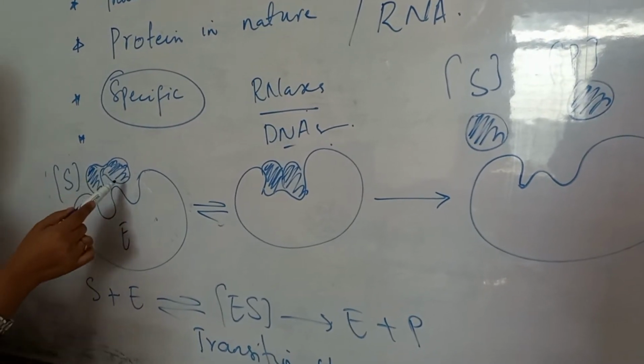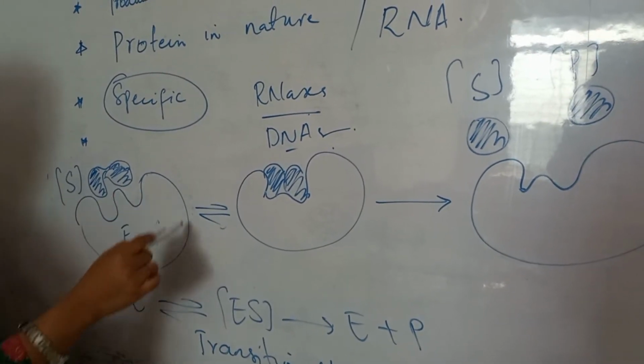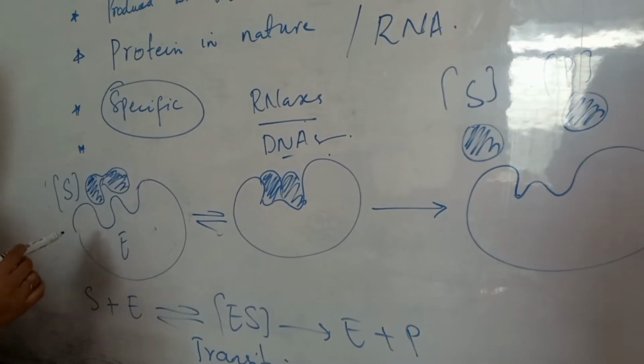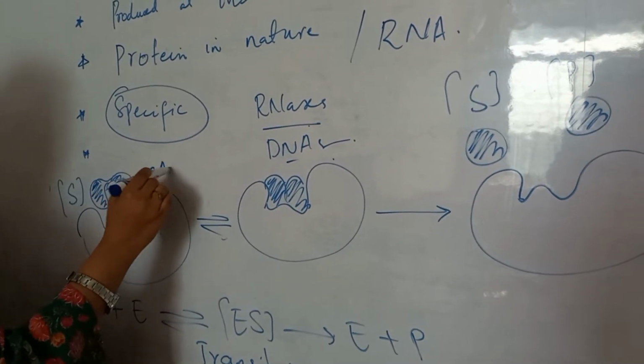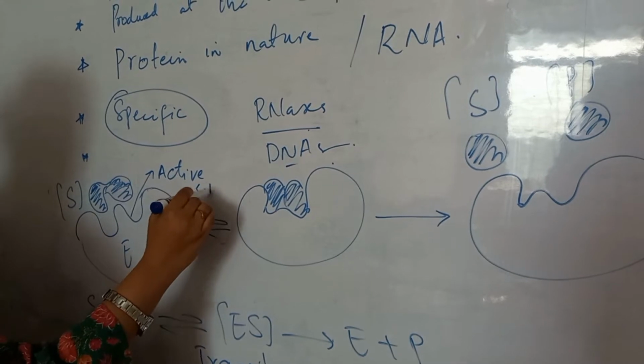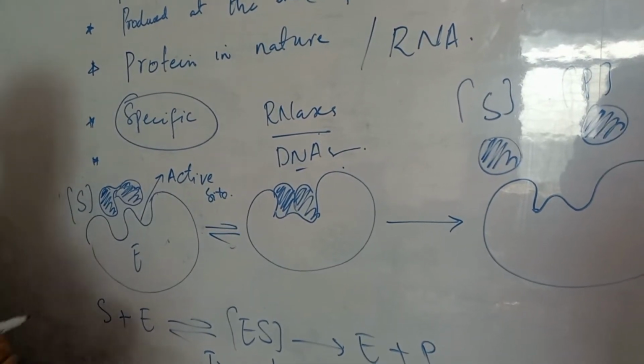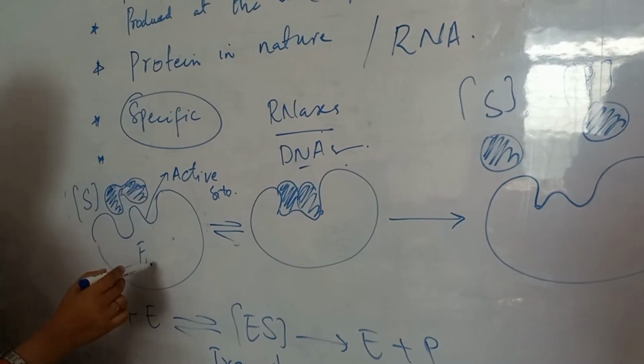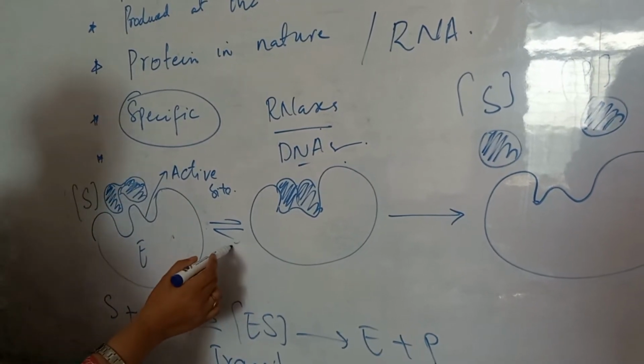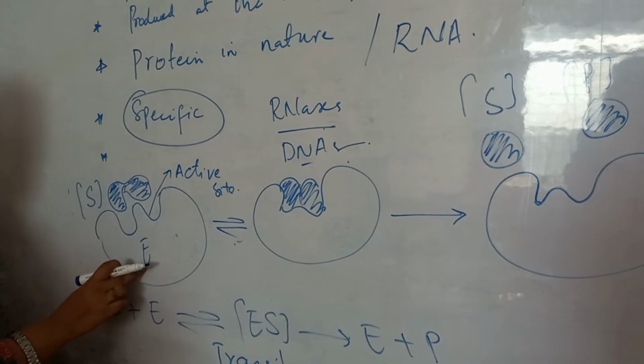So this shaded area is the substrate and this is the structure of an enzyme. Enzymes are mostly globular in structure and they have the active site. Active site is the region where the substrate binds. The substance that is to be converted into the product. So the substrate is binding with the enzyme, and with a reversible reaction, the substrate and enzymes, they form a